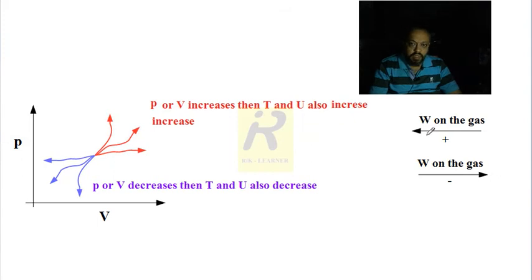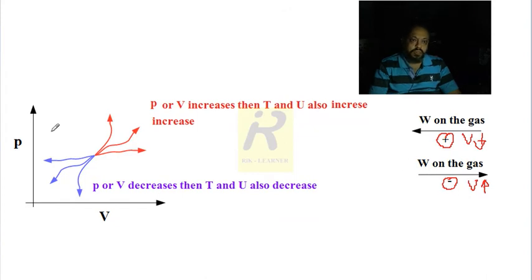In any ideal gas on the PV diagram, the convention usually is that the work done on the gas is taken positive. In this situation, the volume decreases. Work done on the gas is positive when volume decreases, otherwise when the volume increases, the work done on the gas is negative. So this is how we have to consider it.